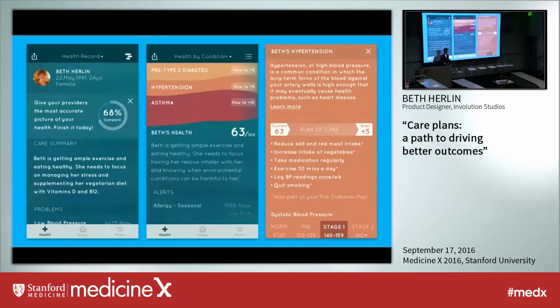So a concept for how this could work would be a mobile app like this for the health record, where they can browse by section, but they can also filter by condition. So here you can see their general health score is a 63 out of 100. This is aggregated across all health metrics that are important for that patient. And then you see the 3 conditions that they have that are keeping them from reaching that score of 100 and the trends of those over time. So that they can say, hey, I want to increase my score by 5 points. They tap into hypertension to actually dive into the specific plan of care for that condition.